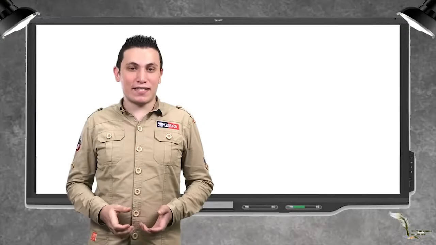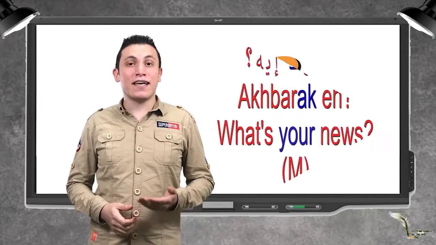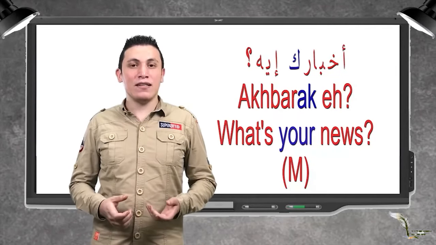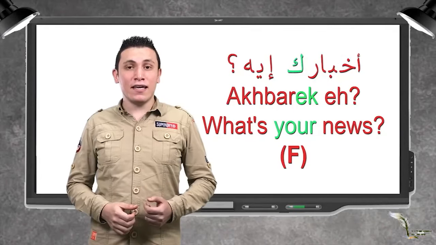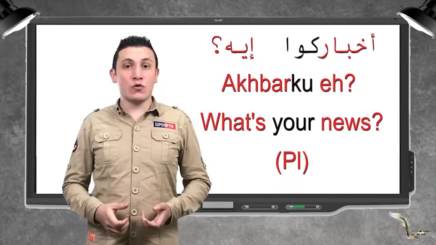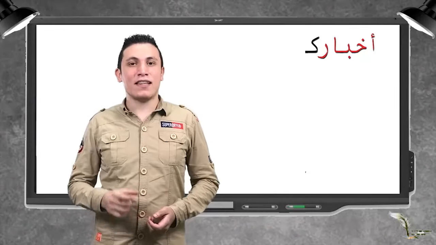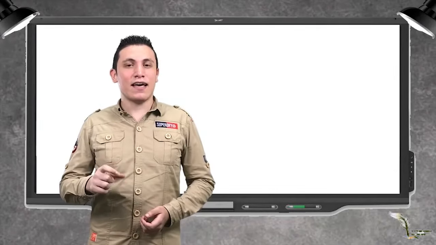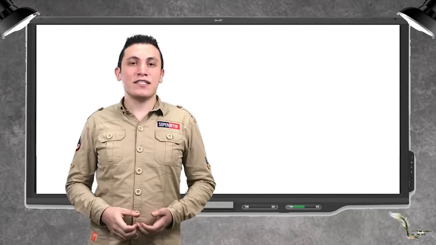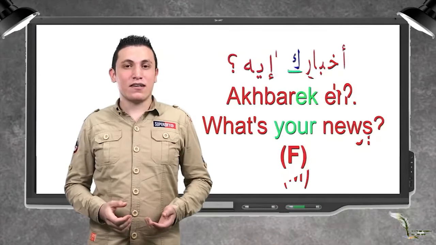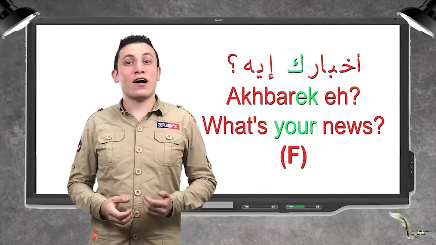Okay? Question number 2 is أخبارك إيه؟ To a male, أخبارك إيه? To a female, أخباركو إيه? In the plural form. Again, you can see the ak suffix, ik, and ku. This means, what's your news? أخبارك إيه؟ أخبارك إيه؟ أخباركو إيه؟